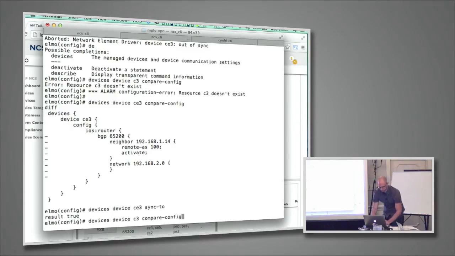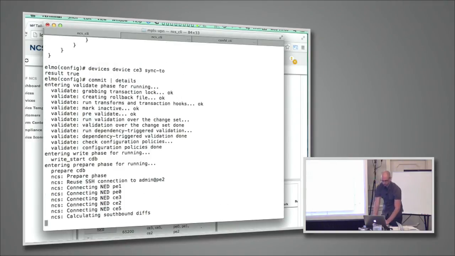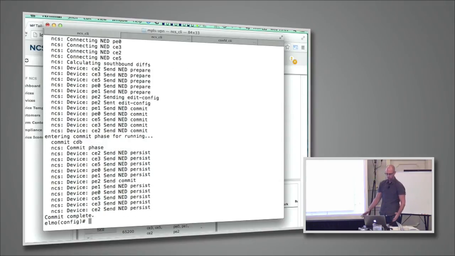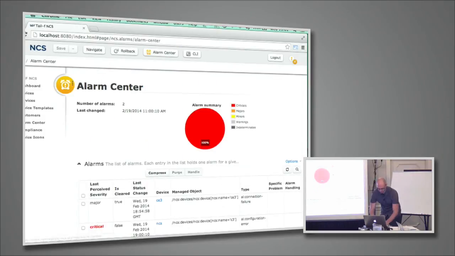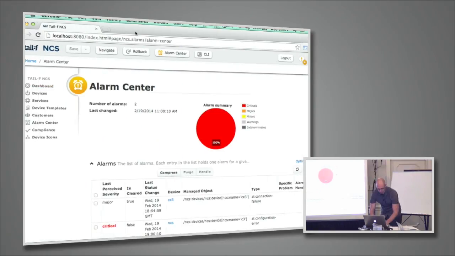We push that out, and then we're able to provision that again. So I want to show one last thing before we move on. Here we have our alarm about failure earlier,